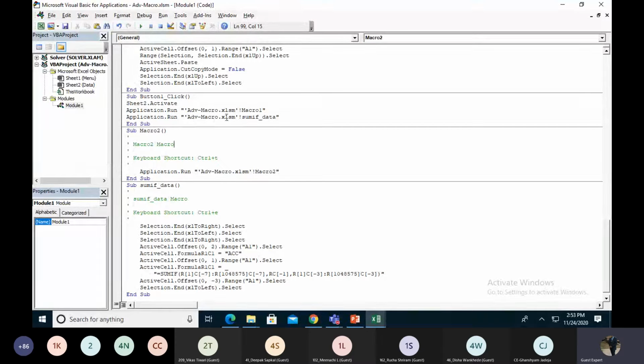Okay, please remember, first of all, you save your file, because if you do not save your file, it writes down over here book1.xlsm file. When you save, the name is not going to change; it stays the same. If you save the file with advanced Excel, advanced macro, but here the name shown is Book1. So please first of all save the file, then do this macro.